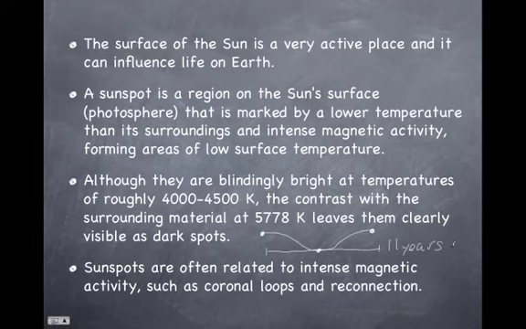Now, the sun's surface does impact us because the more sunspots happen, that means it's more active, which means it can also eject more material, which can travel through space, interact in our atmosphere, and actually interfere with satellites and knock them out. It's also actually caused power outages on Earth by causing power failures in certain electrical production plants. So we do pay very close attention to the high activity of the sun.